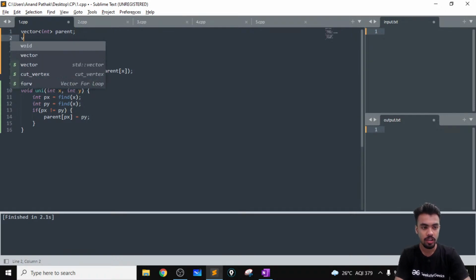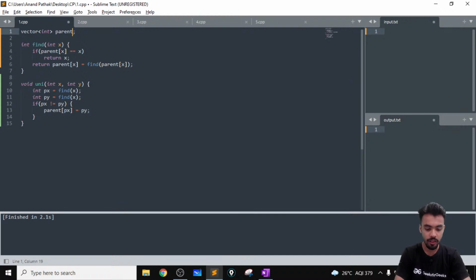Okay, so with the parent I need one more thing, that is size. One more vector, that is size, and initially each value in the size would be initialized by 1, that we will be doing in our driver function. Okay, then what we have to look for,